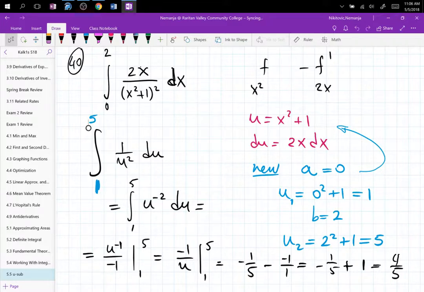And then just follow basic integration. Your u is technically like x, right? You just plow through everything. You do not have to go back to x because you transform your limits. Now, if you do not transform your limits, then you have to go back into x and compute with those. So, technically it's up to you. I always